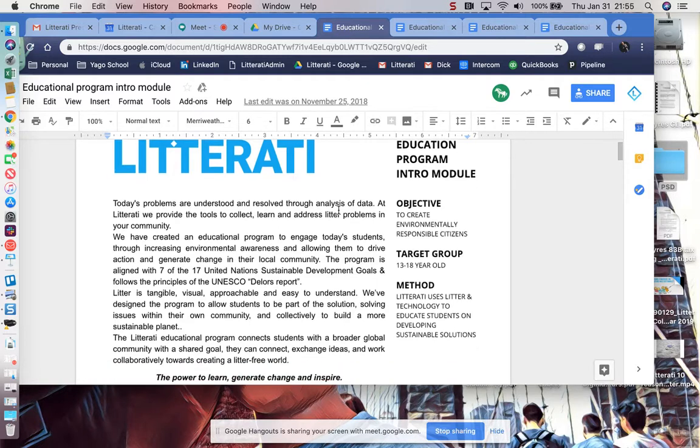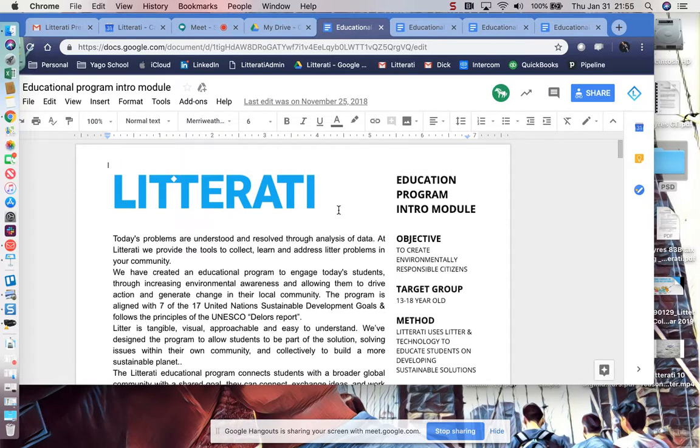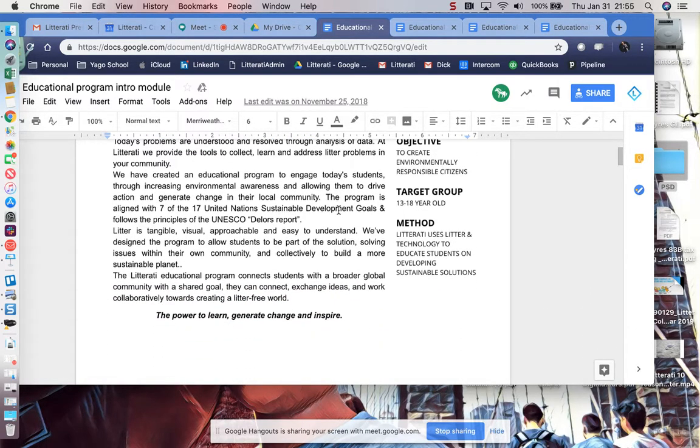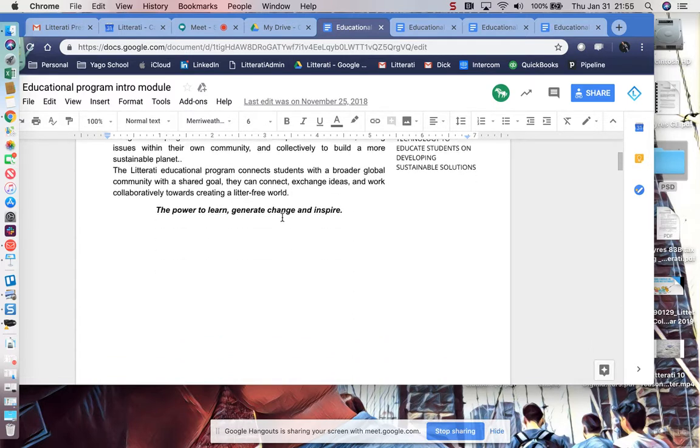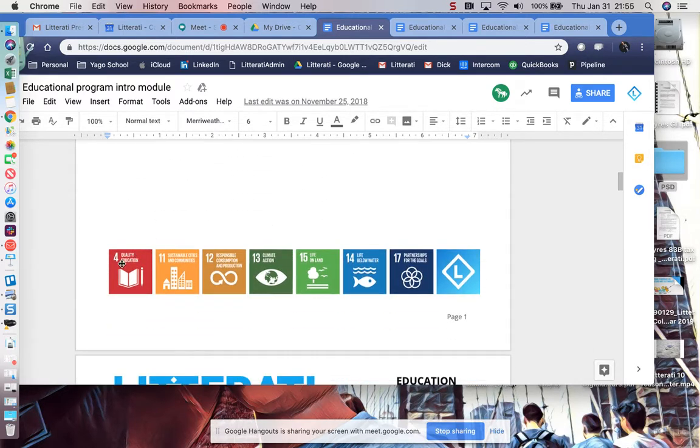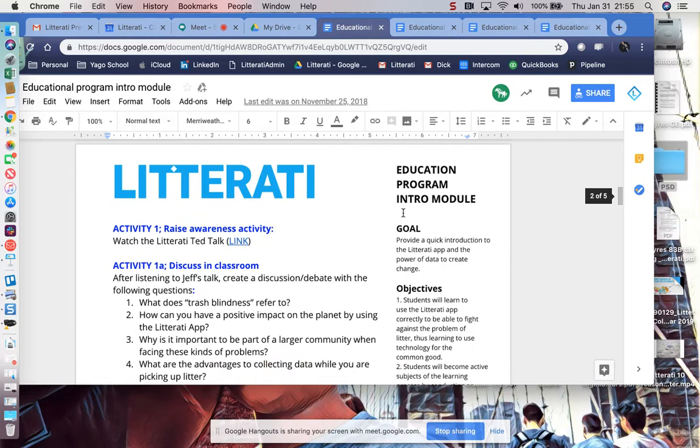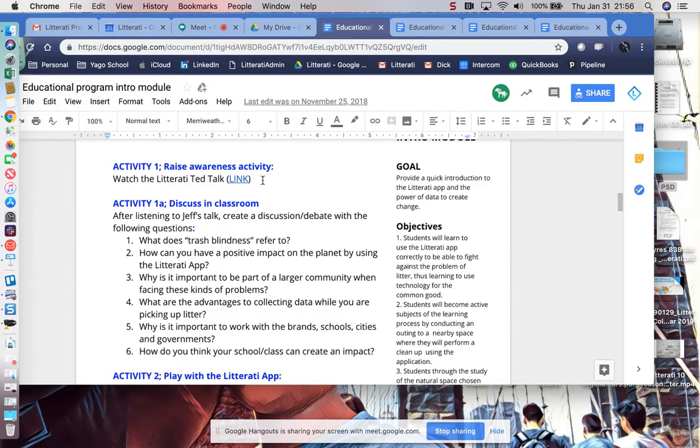But this is the first intro module. So there's a little bit of an explanation of how and where we're focused. We are aligned with 7 of the United Nations Standard Sustainable Development Goals, and here you have examples of activities